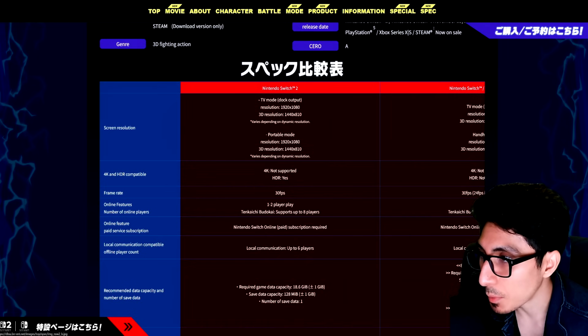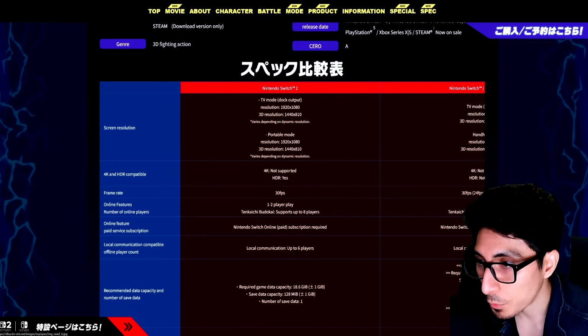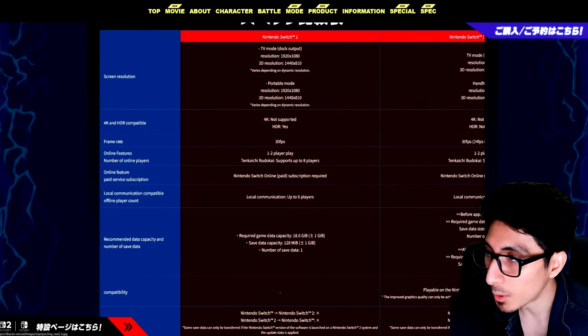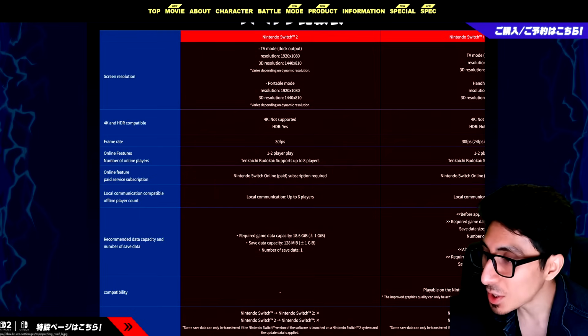Varies depending on dynamic resolution. I don't care about 3D resolution. Portable mode is also 1080p. 4K, no. HDR, yes. It's okay. So even the Switch 2 version is capping at 30. So that does suck. But I mean, Switch 2, it's...